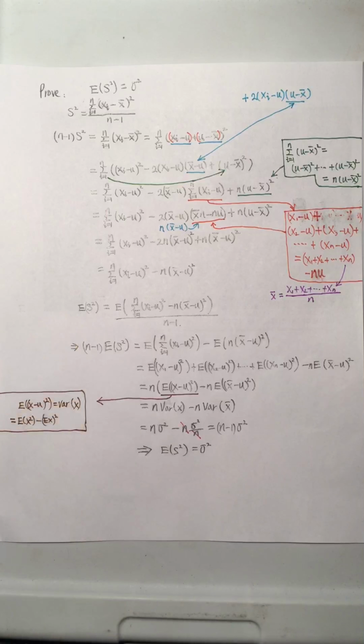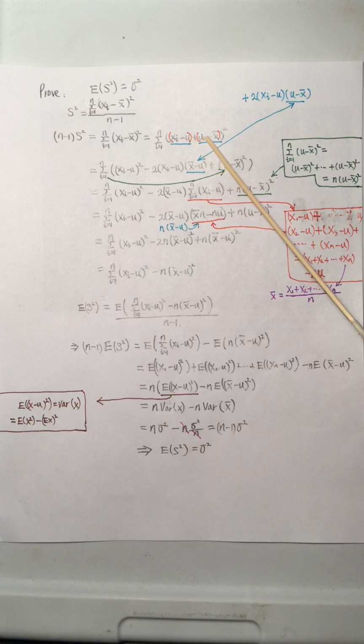In this video, we are going to show that the expectation of the sample variance is equal to sigma squared. Well, the sample variance is equal to the summation from i to n of (xi minus x bar) squared, divided by n minus 1. We can move n minus 1 to the left side, and we get the summation of the squares, which equals